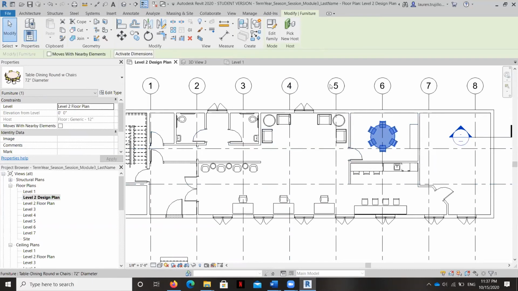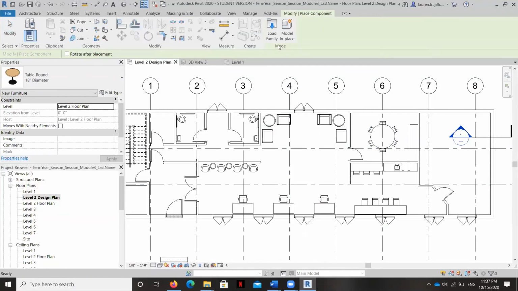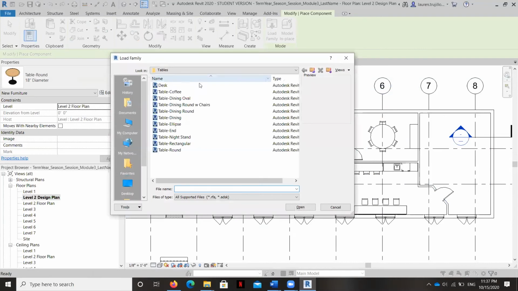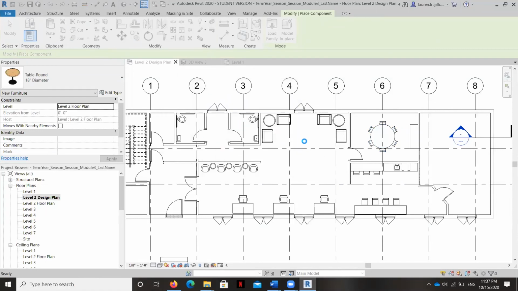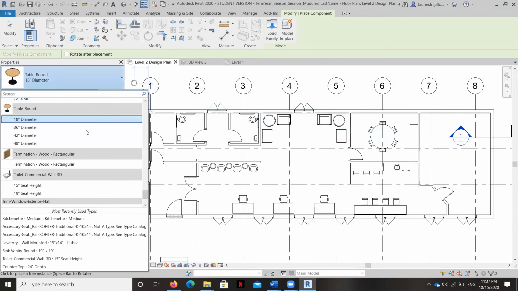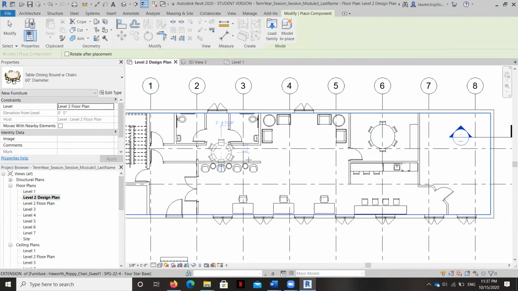This piece of furniture is cool because this one is a component and it's in the tables section, and it's this one. When you place this table, you can select, for example, which size you want.